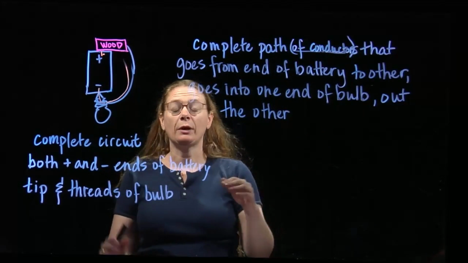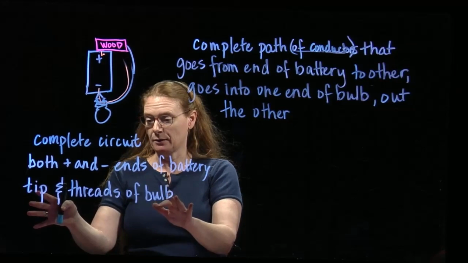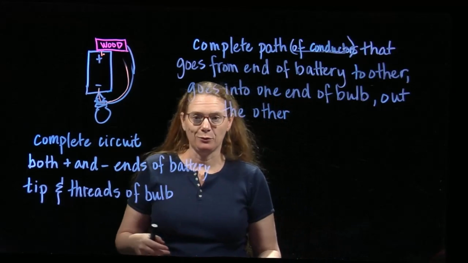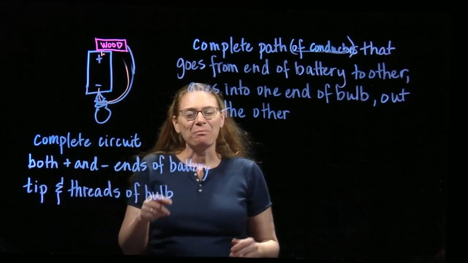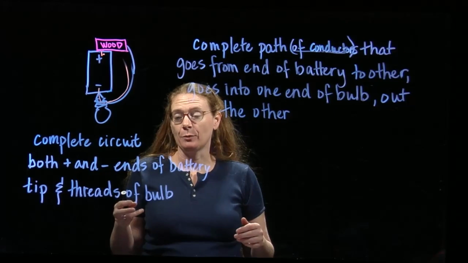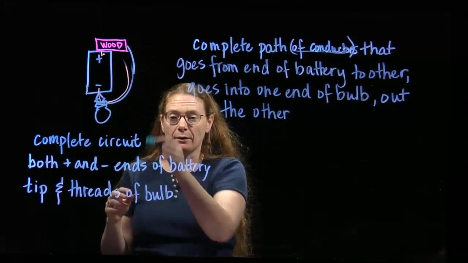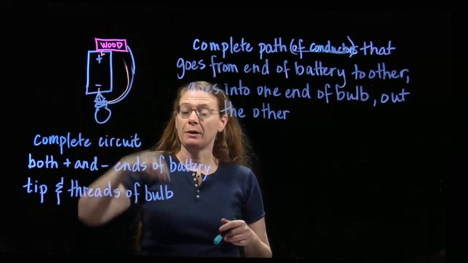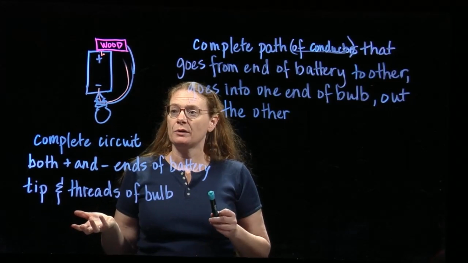There's our circuit. We have to use both positive and negative ends of the battery, and we have to use both the tips and the threads of the bulb. So that is just a basic introduction to how to light a bulb with a battery and a wire. Isn't that exciting? I'm going to put a link to a simulation in the comments, and if you want to play around a little bit and see for yourself, you can put a wire there, and you can even add non-conductors, insulators, into the circuit in the simulation,